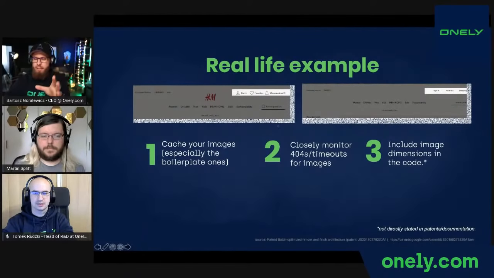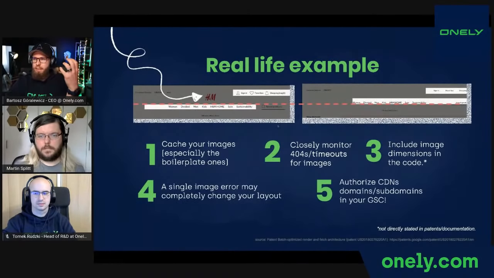What we're seeing is that if some of the images return a 404, and just disregard this brand here, we're seeing a layout shift. If there are no image dimensions in the code, and your image for any reason is not available, which happens quite often when we test different websites, not sure if you're seeing that on your end as well, would you say that this may cause problems? So layout shifts due to images returning a 404, which I think is often visible in Search Console, and no image dimensions in the code. What do you do to generate layout then?